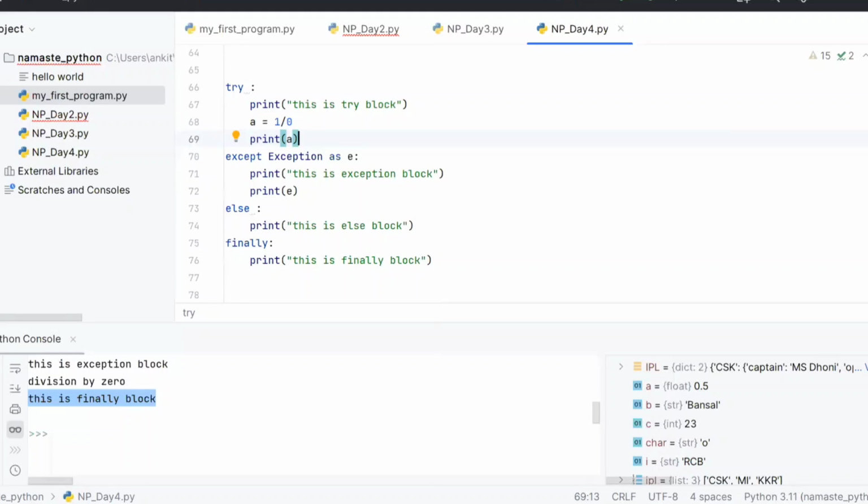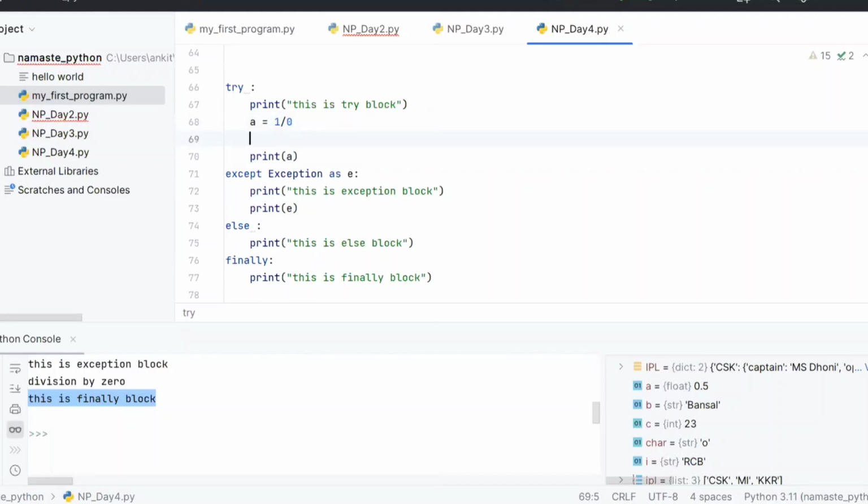So in that case, can we do that? So let's say we have 2 lines of code. One is a equal to 1 by 0, and another is 1 divided by 2. This will be an error and this will not be any error. For example, if we are taking a file from a particular location, there can be a situation where the file is not present in the folder, or sometimes it is present in the folder.